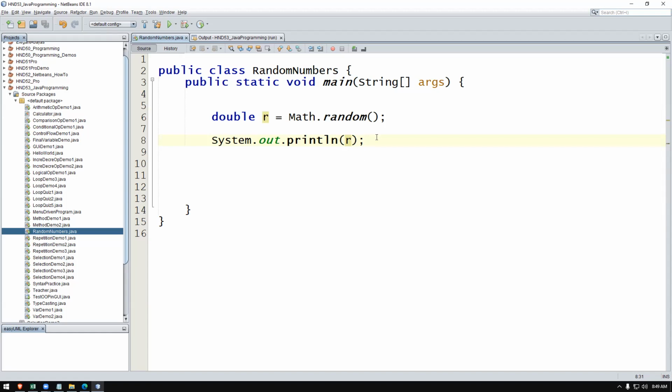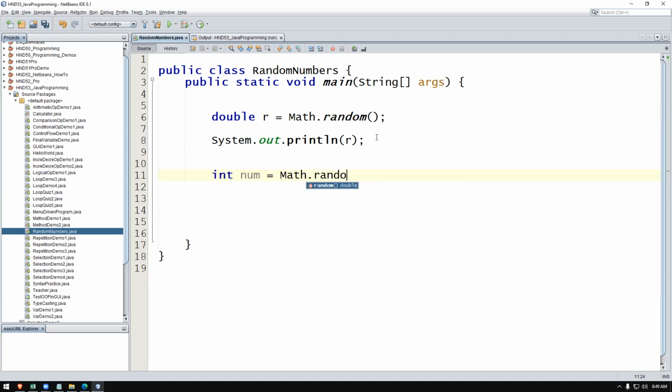That is just displaying a number. Then we'll say int number. This is a generated number. Let's say number is assigned to Math.random. This is not possible because this is double, 64-bit, and this is integer, which is 32-bit. So you need to convert this into an integer. You can use the casting operator. We have done this one. You can use int here.